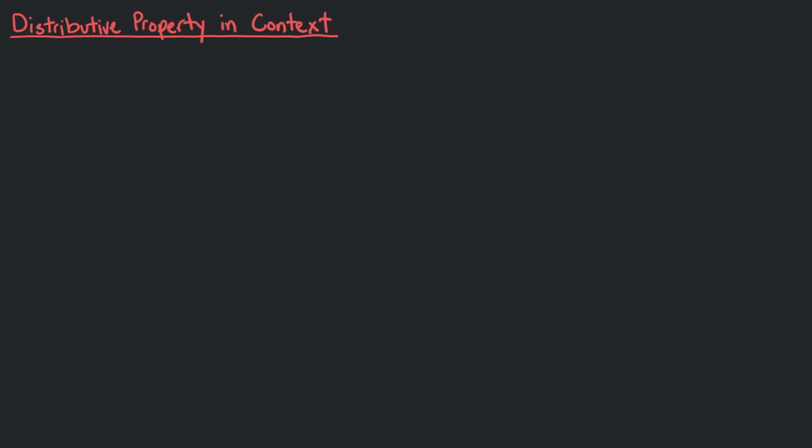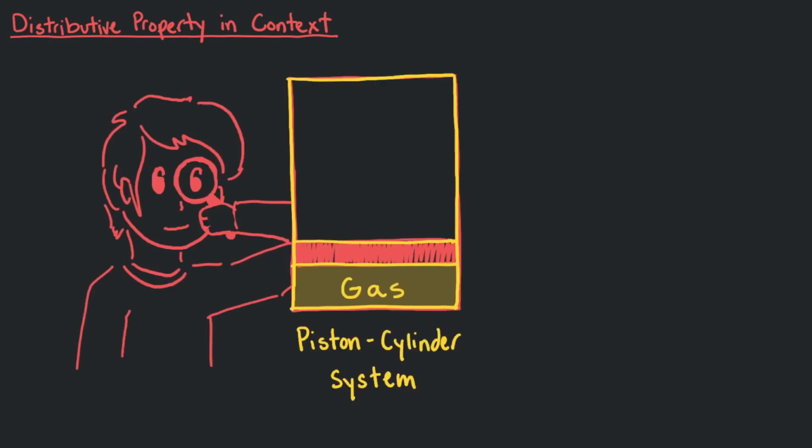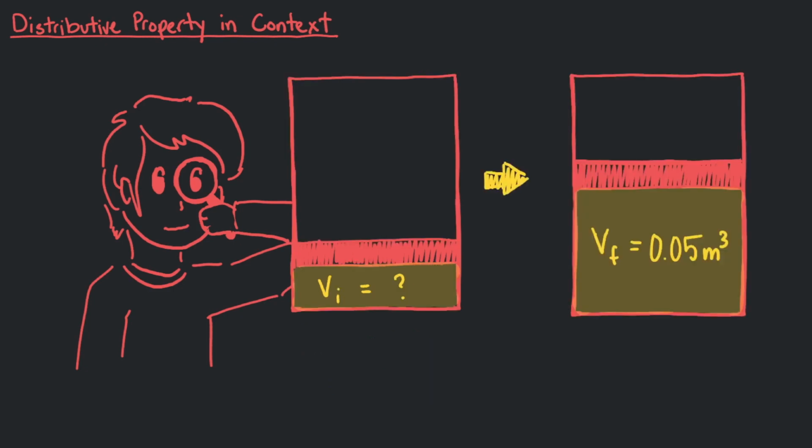In this video, we will practice using the distributive property in several chemistry problems. Robbie studies a particular gas held within a piston cylinder system. The gas expands from an unknown initial volume to a final volume of 0.05 cubic meters at a constant pressure of 3 pascals. If the work done by the gas is 0.09 joules, what was the initial volume of the